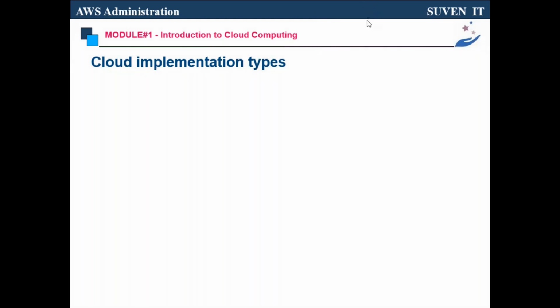So what the private cloud is doing, I explained already with one example. If you have a company, you can create your own cloud, and that is a private cloud. In the same way, Rackspace is a big company in Chicago.